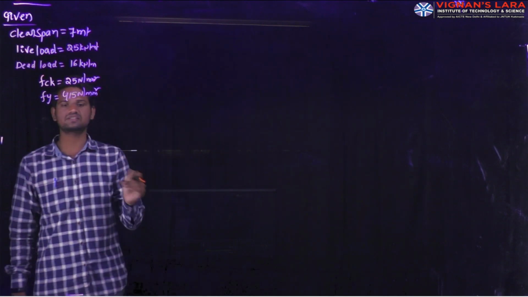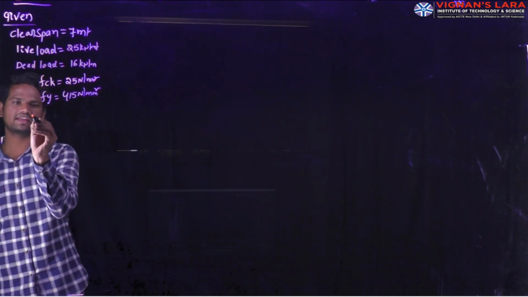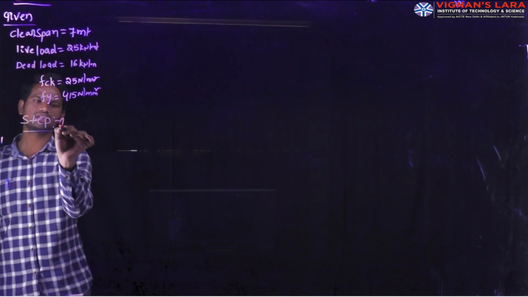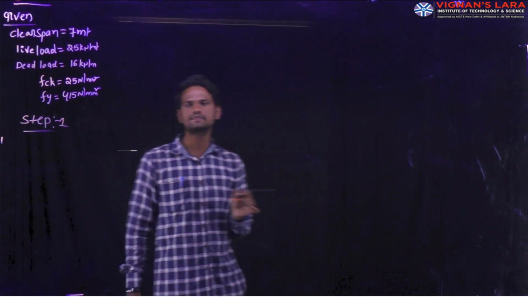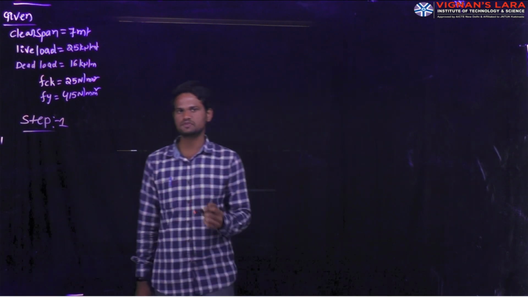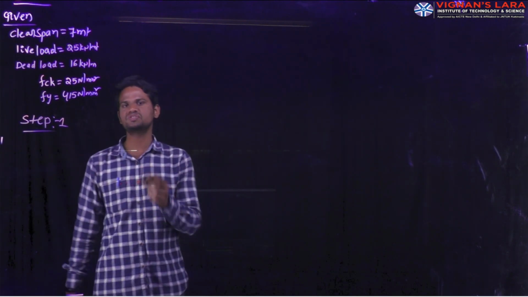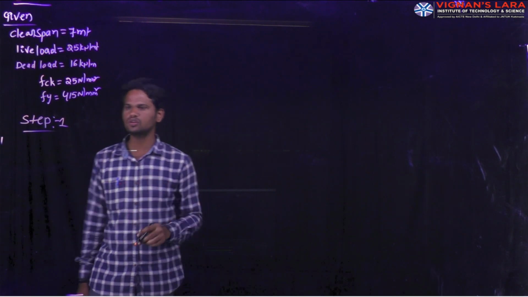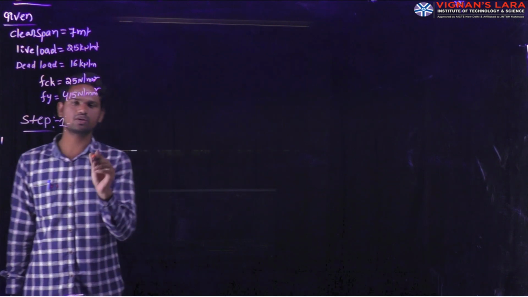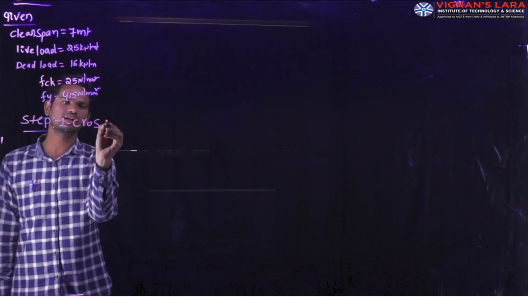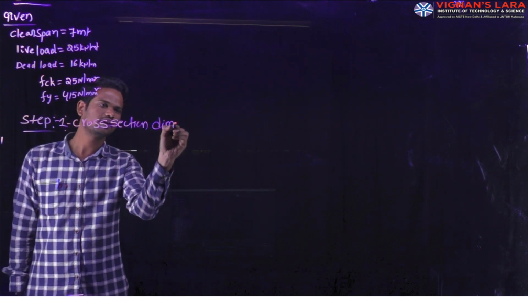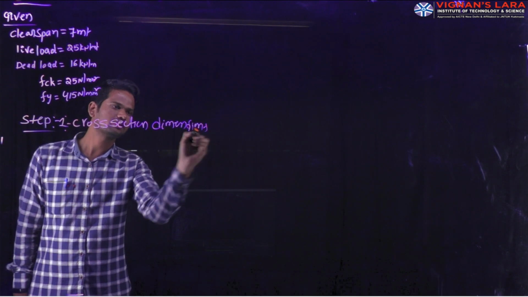First we will solve the first step, that is, I am writing here step 1. Step 1 is the cross sectional dimension. These steps I am writing to easily remember the different steps. You need not mention this step procedure in the examination, though you can write it also, no problem. The first step is cross sectional dimension, which is nothing but the span to depth ratio. I am writing here: cross section dimensions.